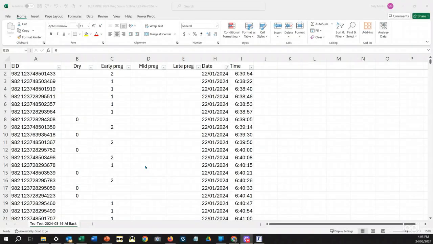So first of all, let's start with preparing your data. This is an example of some pregnancy scanning data that has been collected where we've got the electronic identification, whether they were dry, whether they were pregnant, either early, mid or late pregnancy, and you can see we've got a twin, single, this one's dry. To be able to draft on that, we can draft on those 4 components, or what we can actually do,